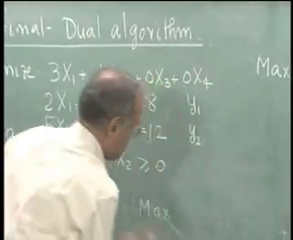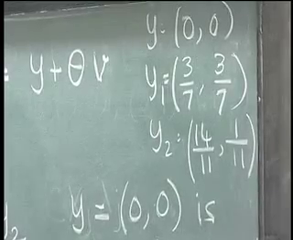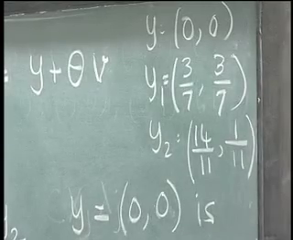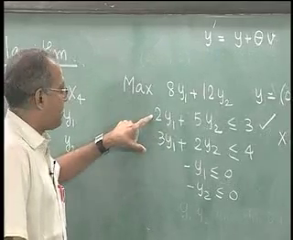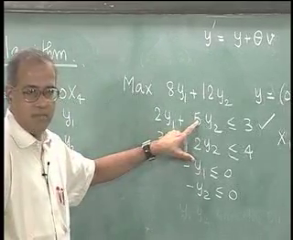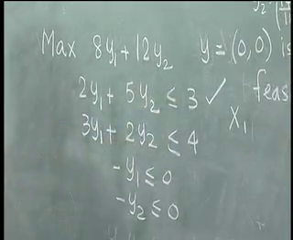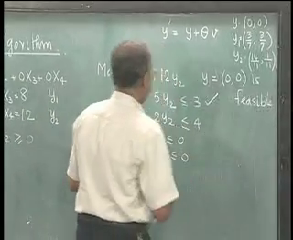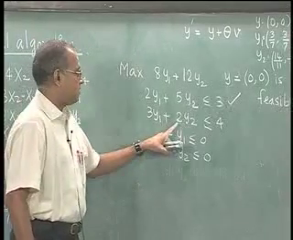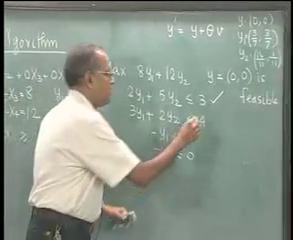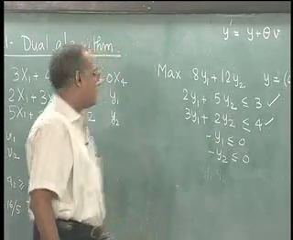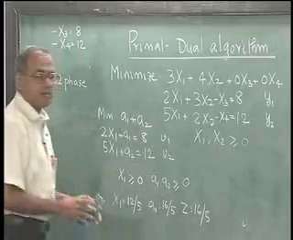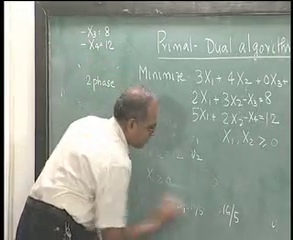Now, we go back and check from this. Fourteen by 11, so this is 28 by 11 plus 5 by 11 is 33 by 11, which is equal to 3. So, satisfied as an equation. 42 by 11 plus 2 by 11 is 44 by 11, so satisfied as an equation. These are satisfied as an inequality. So, now we go back here and write the restricted primal. So, the restricted primal will become,